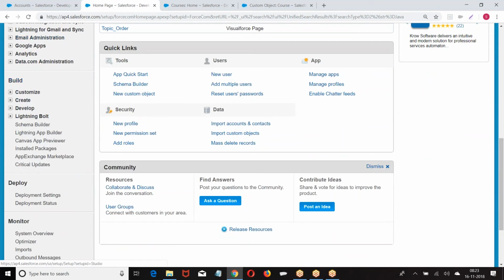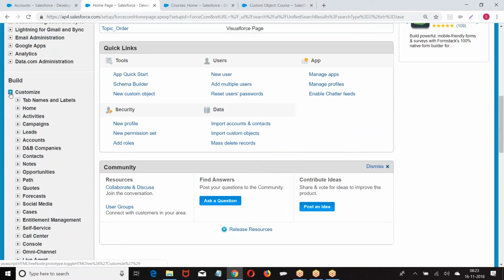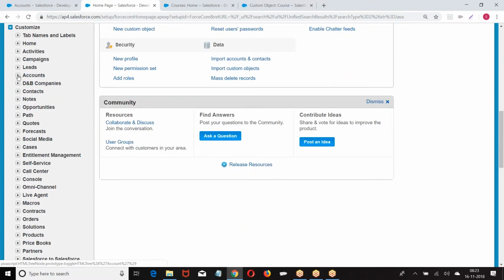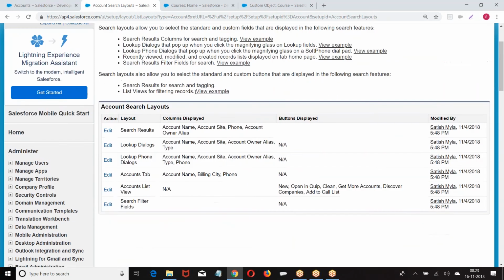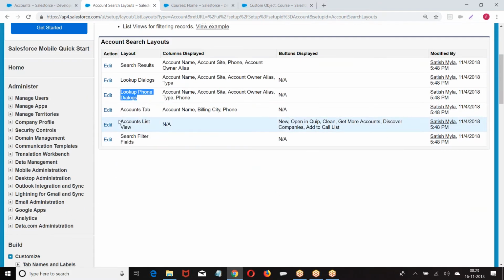Build, customize, accounts, we have search layout. In the search layout, we have seen search result, lookup dialogs. Lookup phone dialog means if you open it on a mobile phone, how they should be displayed. Then we have account list.